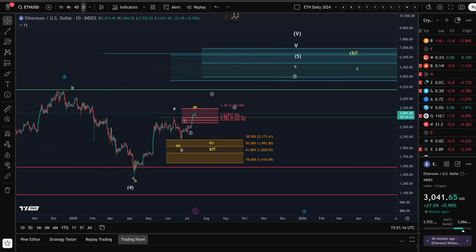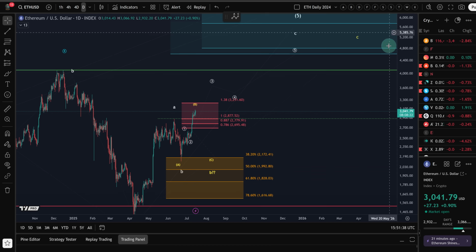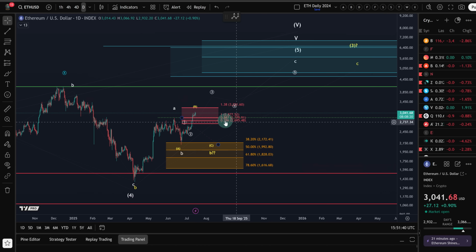The Ethereum chart is now in a larger resistance area for yellow wave B. The yellow scenario, quick reminder, is not preferred until we really break important support levels, which we're not doing at the moment. Ethereum is holding up quite well for now. So this is just a resistance area to watch, which ranges all the way up to $3,231, which is the